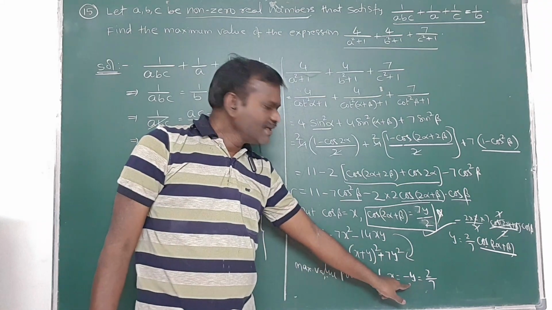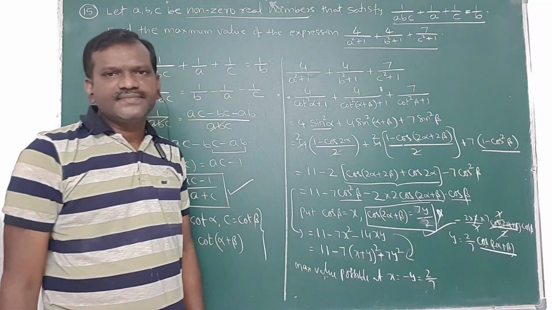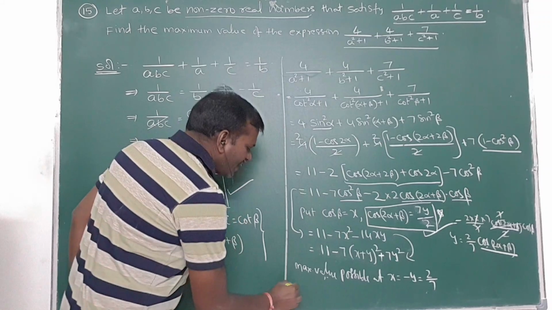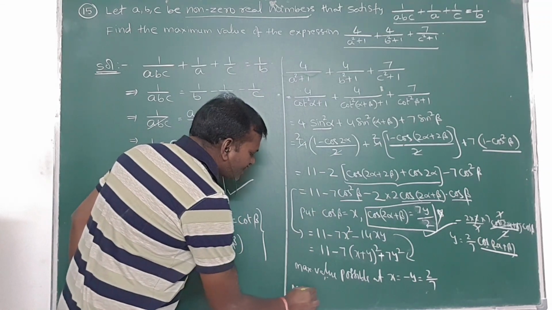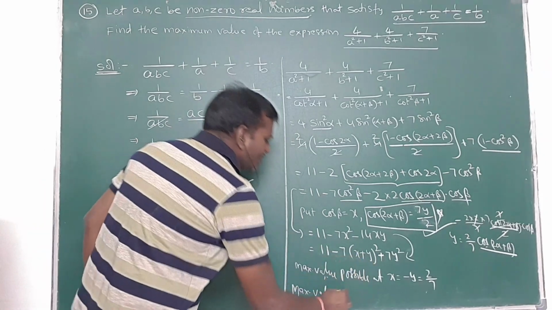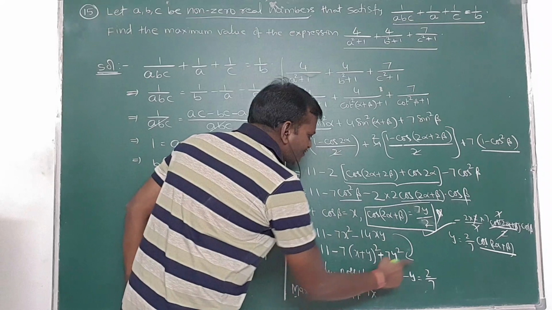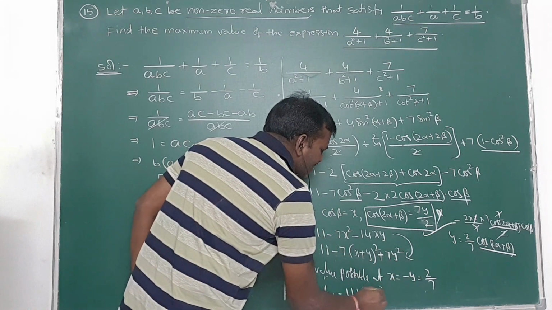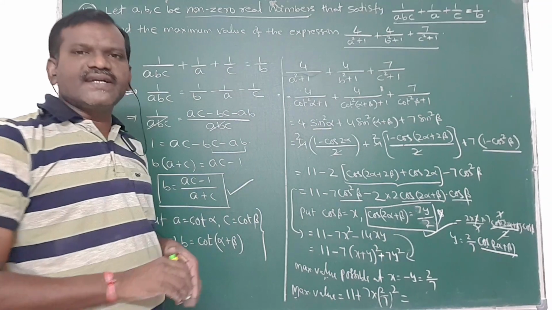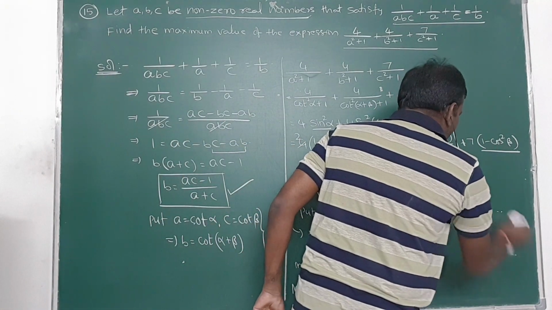I substitute here. The maximum value of y is 2 by 7, so the maximum value is obtained at x is equal to minus y is equal to 2 by 7. Hence the required maximum value of the expression, with this part becoming 0, is 11 plus 7 into y square. The y value is 2 by 7 already, that means 4 by 7 plus 2 by 7. What value will I get here if I substitute that value?